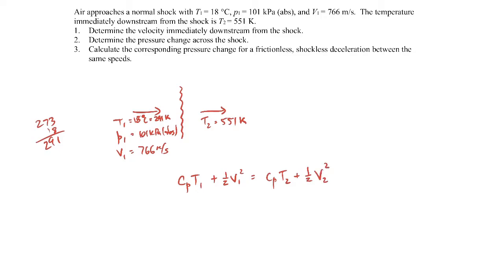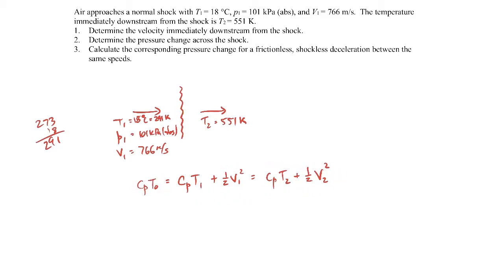So that's the expression. This is for an adiabatic flow. Basically, it's related to the stagnation temperature, Cp times the stagnation temperature. Let me just write that here. That's what I'm trying to say. What it's saying is that the specific heat at constant pressure times the temperature plus the specific kinetic energy remains constant. This was something we derived in the lecture for an adiabatic flow, so I'm just applying it here